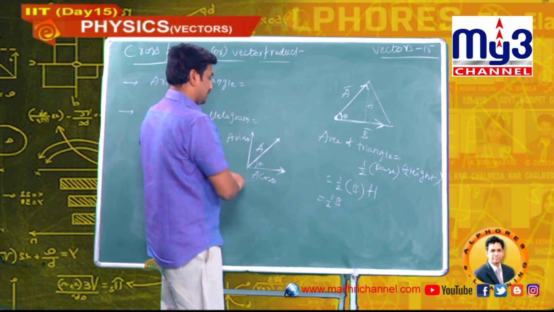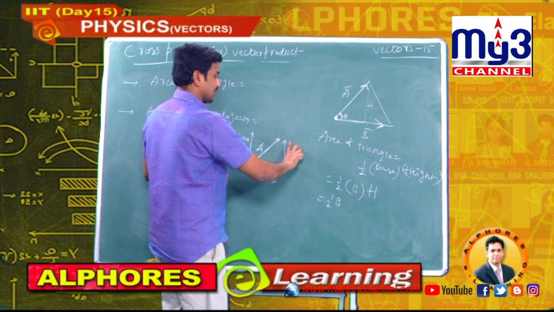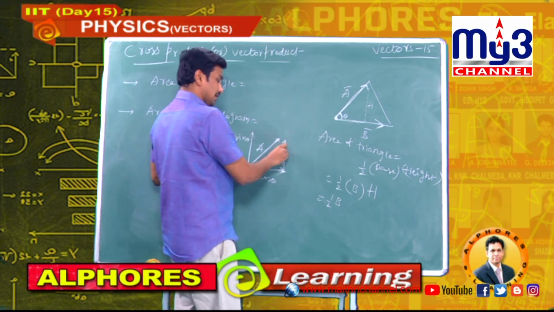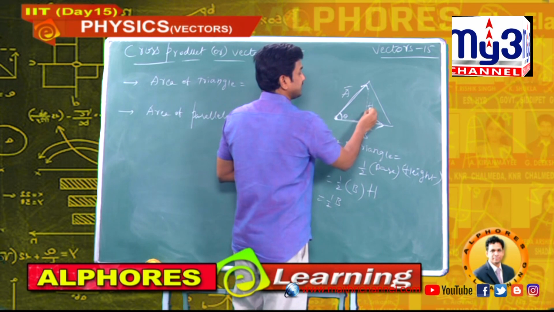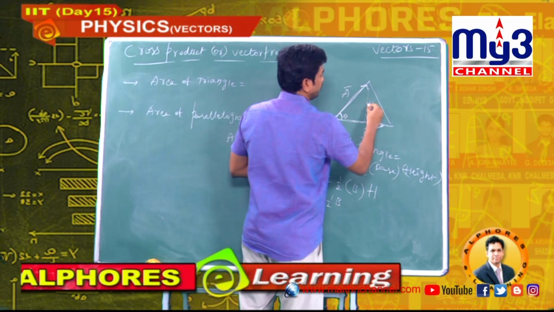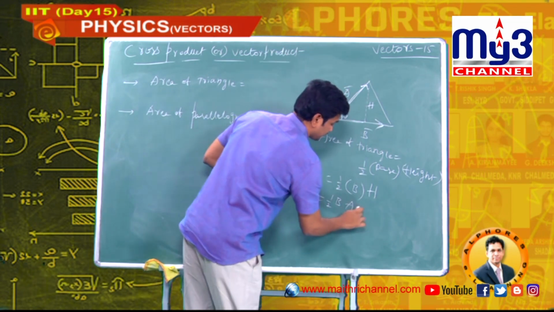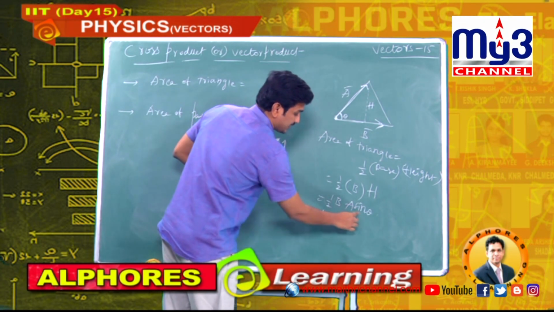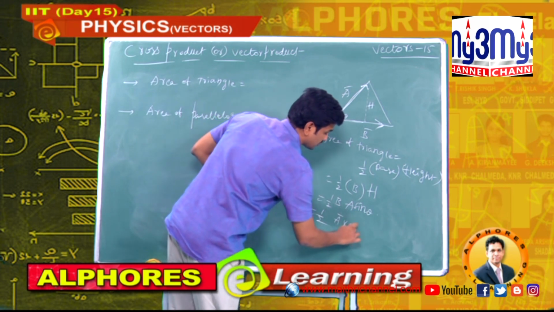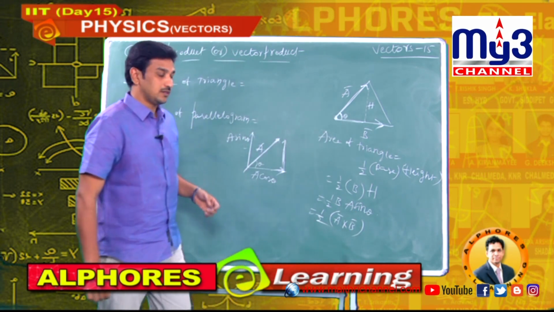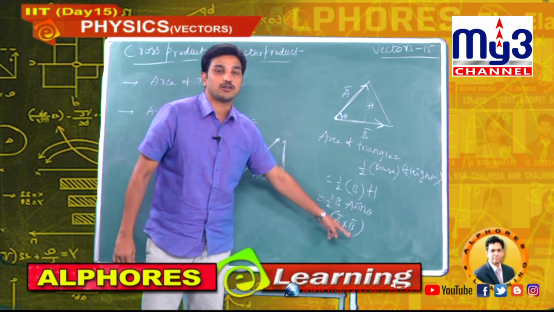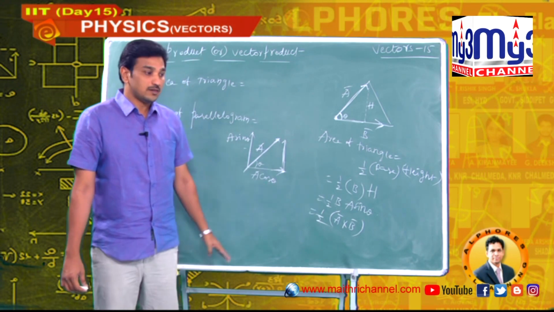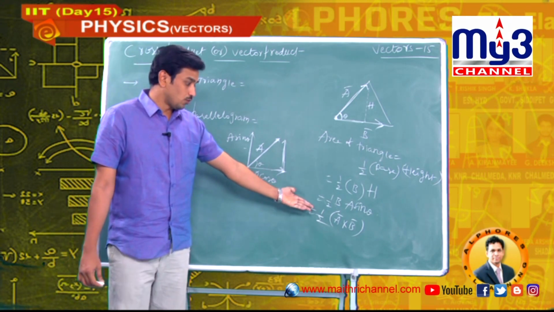Now this is A sin theta, parallel shifting, this is also A sin theta. Now this is A, this is A. What about this? These two are the same, A sin theta. Now the h value is A sin theta, half. What is AB sin theta? A bar cross B bar. Already that is the definition of cross product. Yesterday or last class we have shown you. We know that. So what is the area of the triangle?